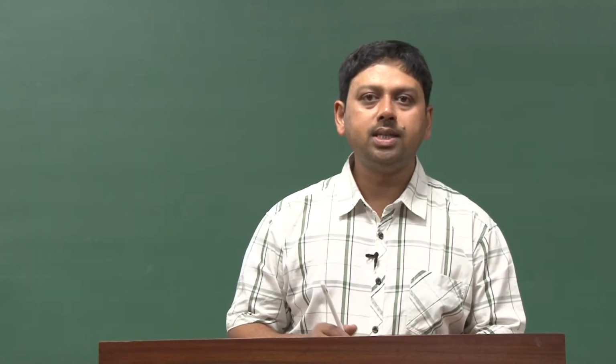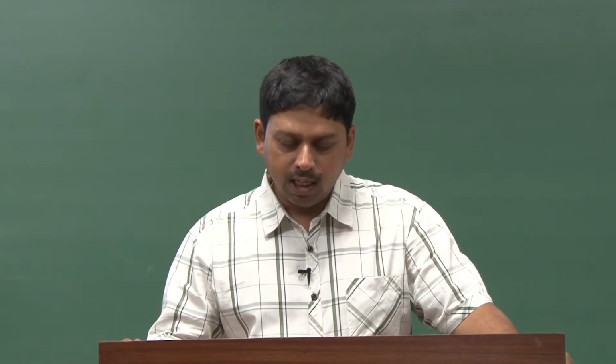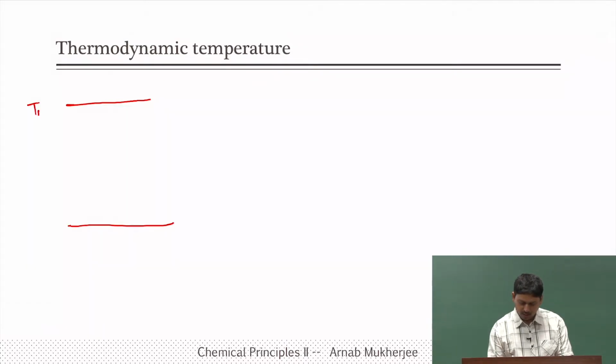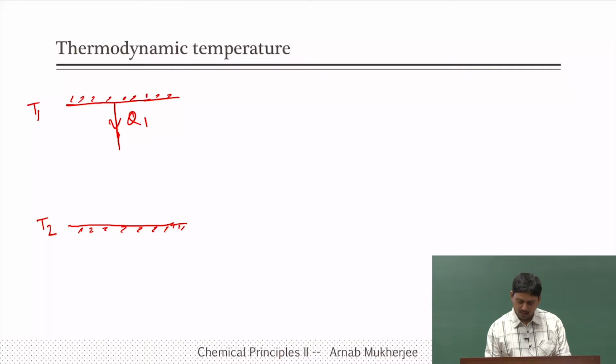The fact that the Carnot engine has highest efficiency working between two temperature reservoirs gives rise to something called thermodynamic temperature. So, we are going to talk about that. So, remember that a Carnot engine working, let us say, between two temperature baths T1 and T2, where T1 is the high temperature bath and T2 is the low temperature bath, takes in Q1 amount of heat,